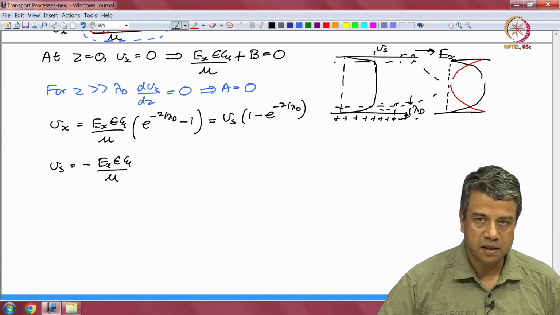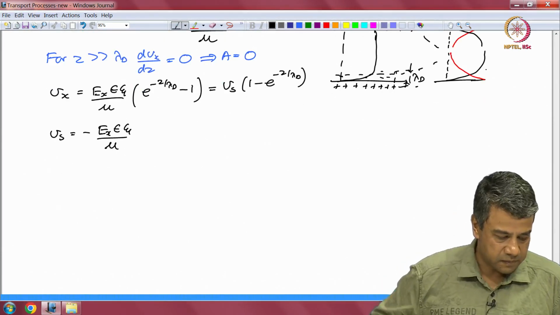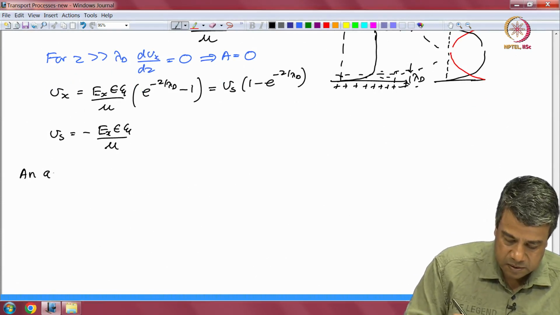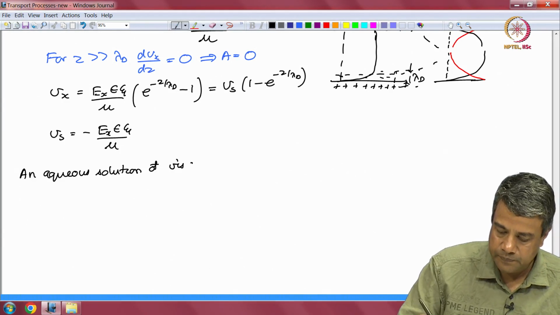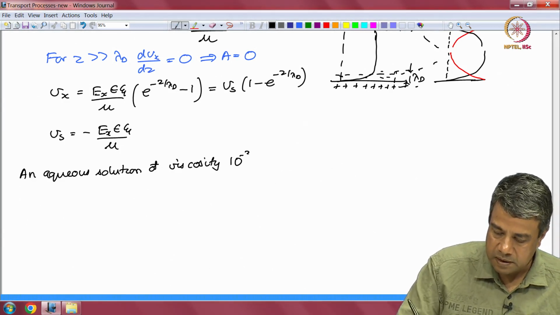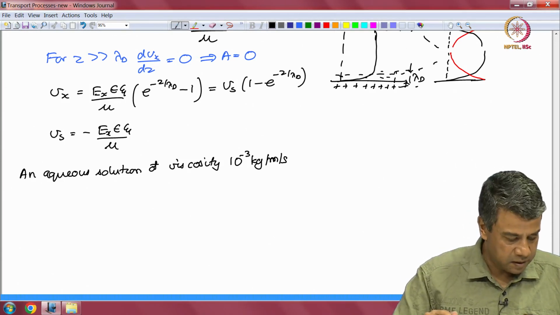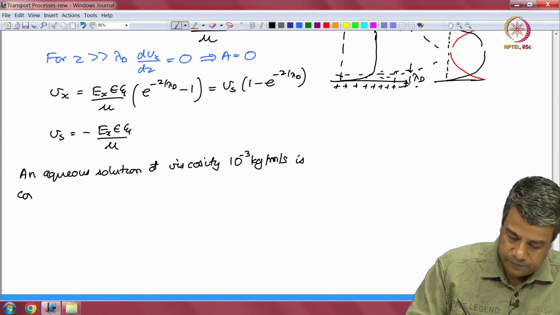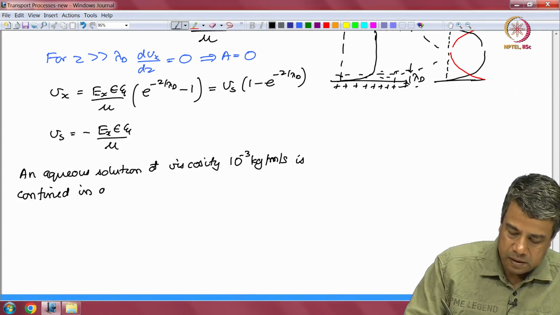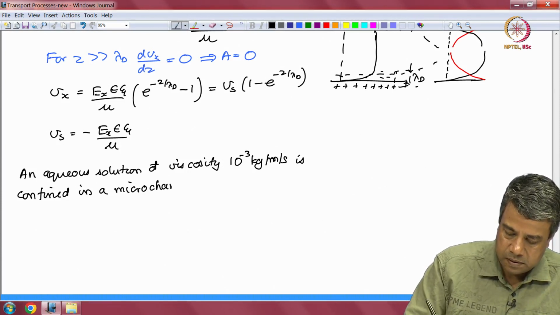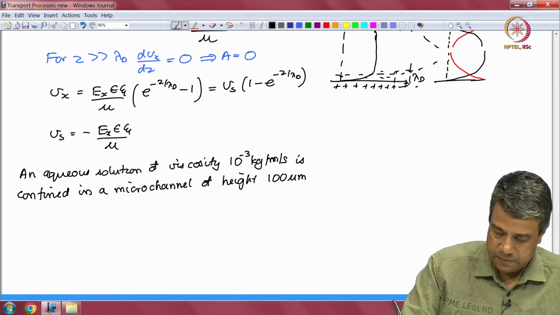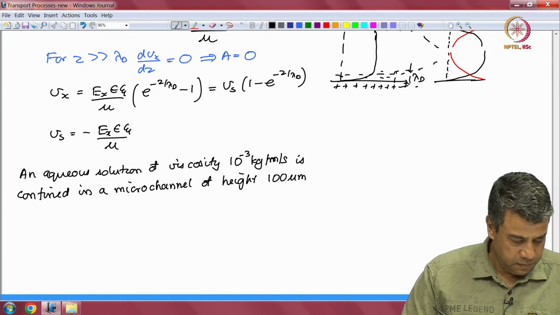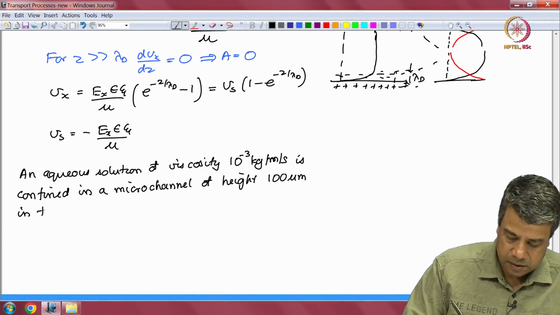In practical applications, what kind of velocities would you expect due to electrokinetic flow? Let us consider an aqueous solution of viscosity 10 power minus 3 kg per meter per second, which is the viscosity of water, in a microchannel of height 100 microns in the z direction